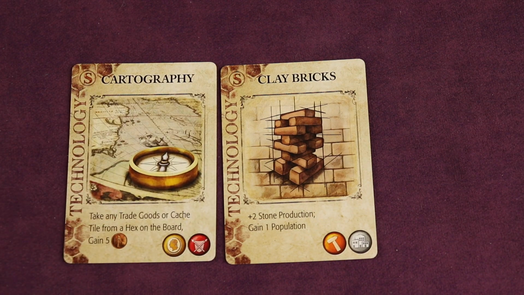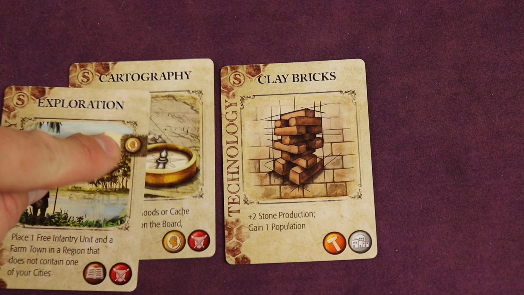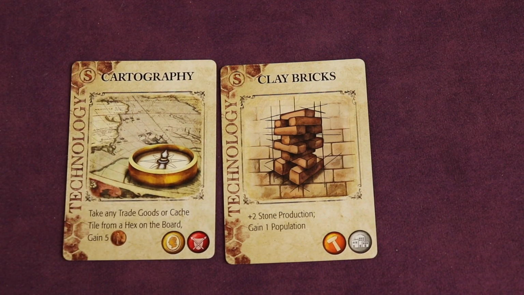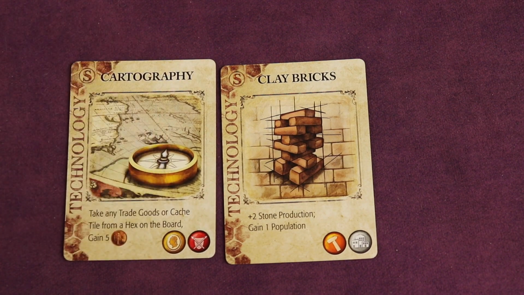It would allow me to take any trade goods or cash tile from a hex on the board and gain 5 money, but it also gives us those. Now that I've played that, that is the requirement for this. So now I could play this card. So you can see there's an order of the way that you do things, and this now gives me some more icons of the 9 pillars of civilization. But this one, maybe I won't even be able to play it at all at the beginning. So it just depends. And again, if it doesn't have a requisite, you can play it, but you're never forced